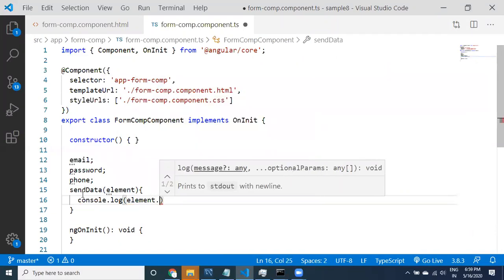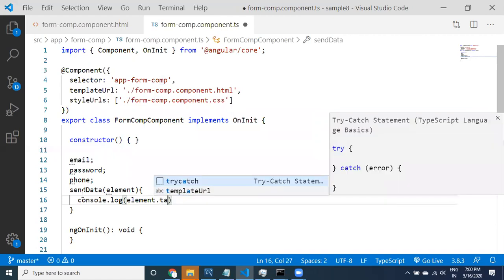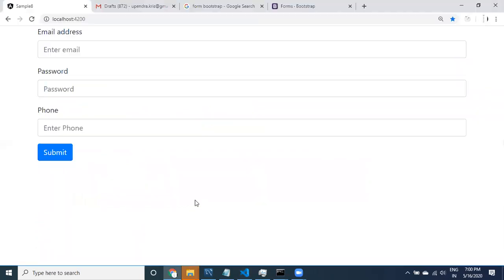We have applied a template reference variable and we are sending the template reference variable object, element dot target, and then you can say value. See here, guys, this element has some target object and then you can say value. Let's look at how it is going to display.